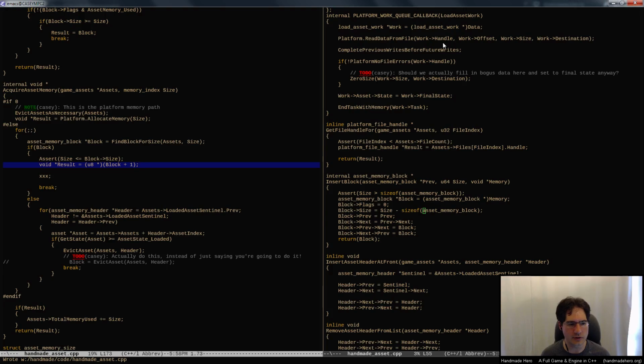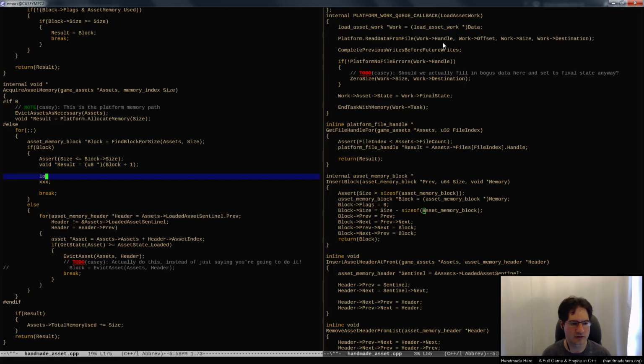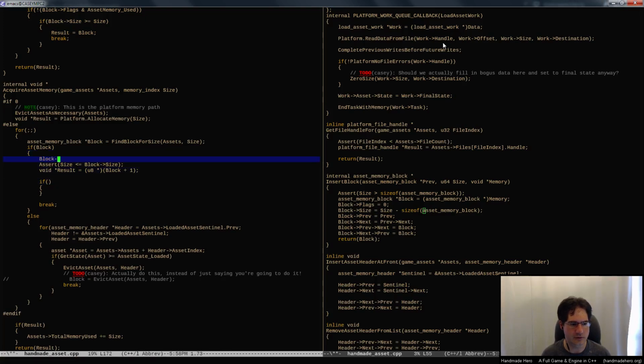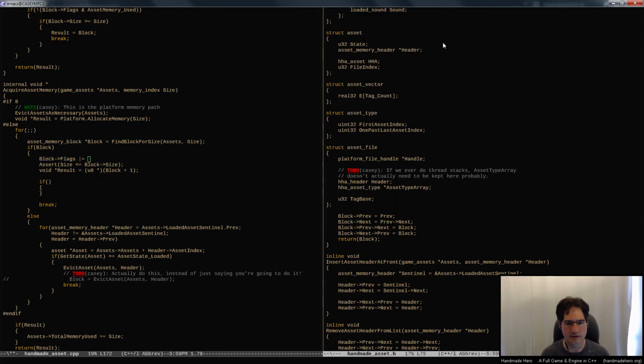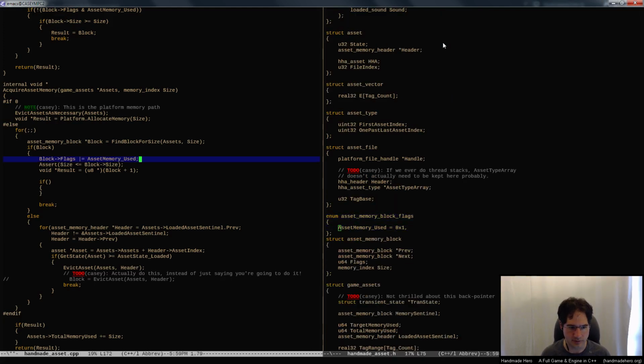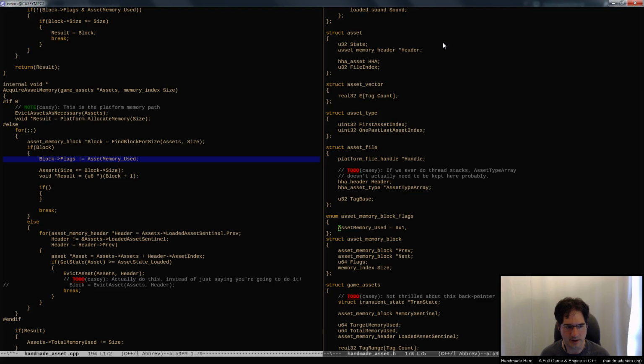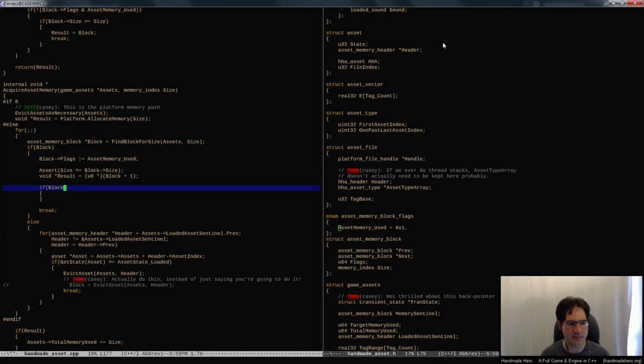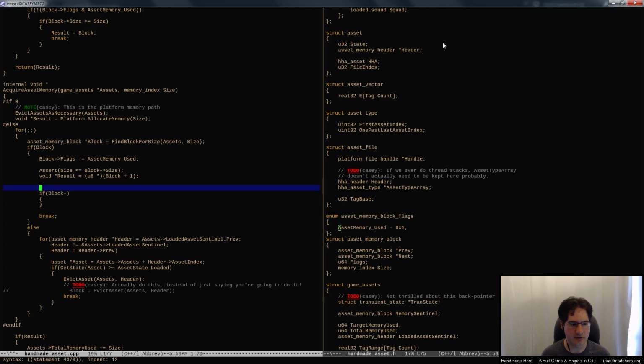But because we're only using a certain amount of it, we may then want to split the block in half. If we were to split the block in half, there's a couple of things we want to do. First, we want to set the block flags, to record the fact that we used this block. So the block flags are now going to be set to used. The other thing we want to do is see if the remaining size, so the memory index remaining size,